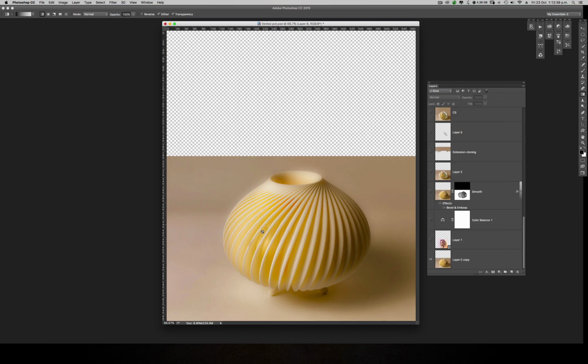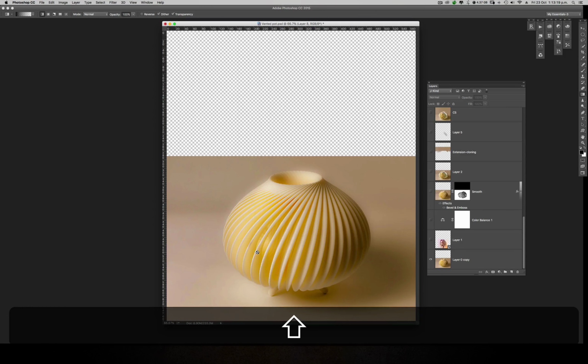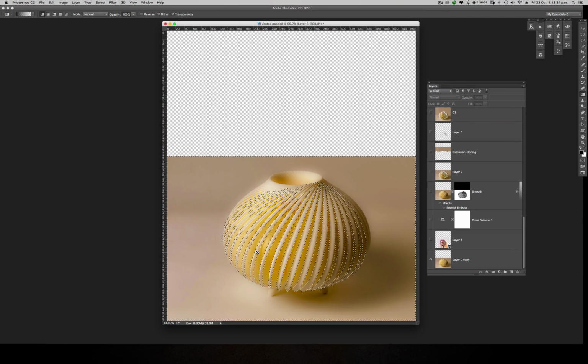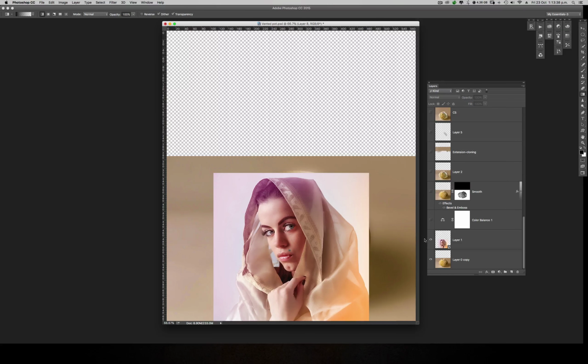So this is the image I started with. I downloaded this from the internet. Okay, what I did in the beginning is I made a selection of all these curves with the pen tool. These are the selections I made. Okay, and then I imported this portrait onto the image, and then I did some work on this particular image,